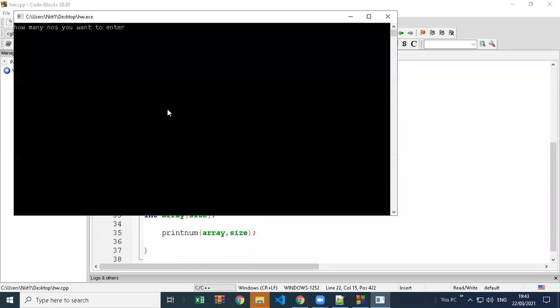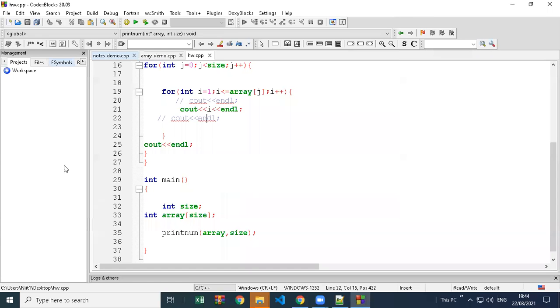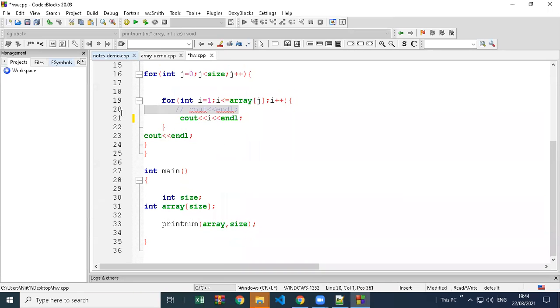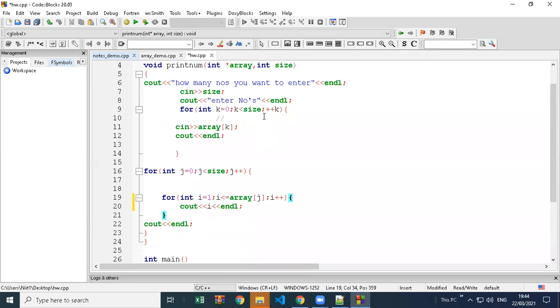Okay, so let's execute. How many numbers you want to enter? 5. Enter numbers 7, 8, 9, 10, 11. And it's printing 11, 10, 7, also 8. Everything is correct. So let's see now the logic which you have used.